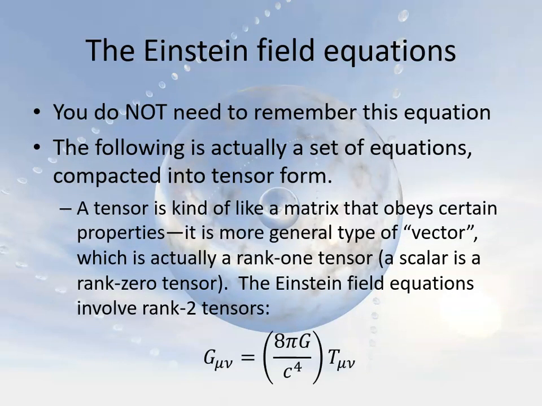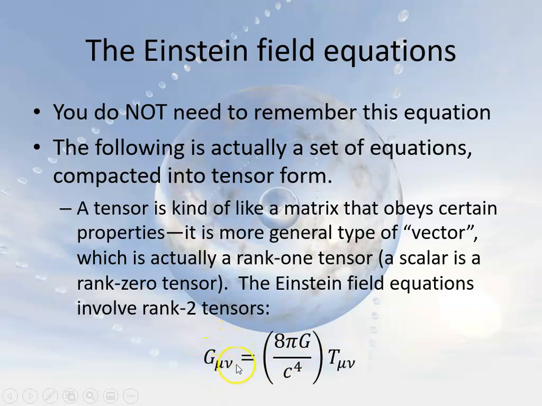So let me just show you the Einstein field equations. You definitely do not need to remember this, but this is really a set of matrix equations where each of these so-called matrices is actually a 2x2 or a rank 2 tensor. And the right side of this is really telling you all of the effects of mass and energy that have to do with the object. There's a factor of 8 pi out in front, speed of light to the 4th power in the denominator, and this big G right here is actually Newton's gravitational constant, 6.67 times 10 to the minus 11 Newton meters squared per kilogram squared.